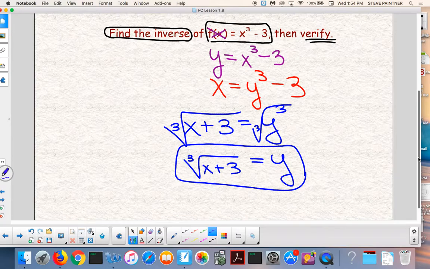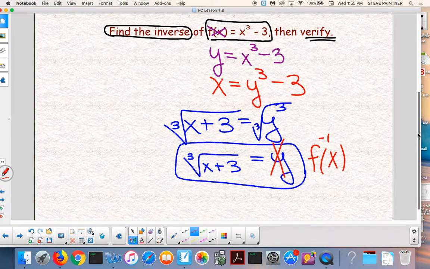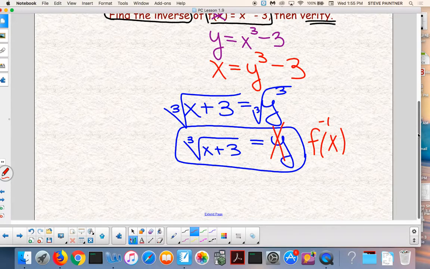So guys, you could probably just cross that out and put what? This is the inverse, right? The inverse of f is right there. Good? Yeah. There is one more thing they asked you to do, which is what? Verify. It's right here. Verify. And then to verify,